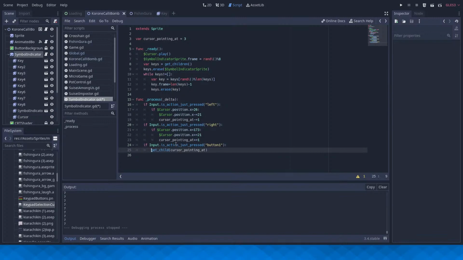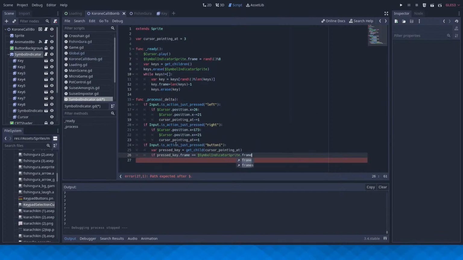That works. So, for pressed key equals that, and if pressed key dot frame double equals symbol indicator sprite dot frame, that means that the frames match and thus the symbols match.